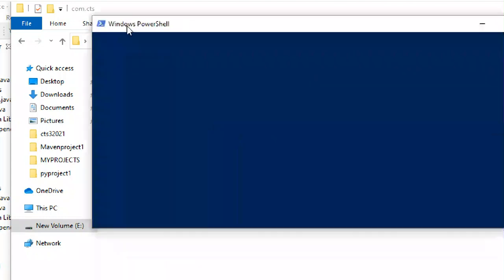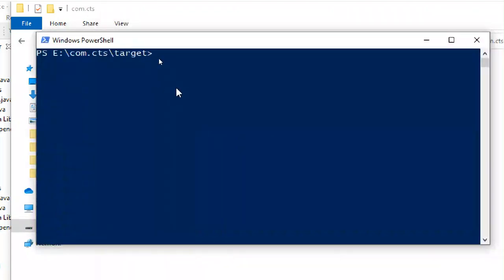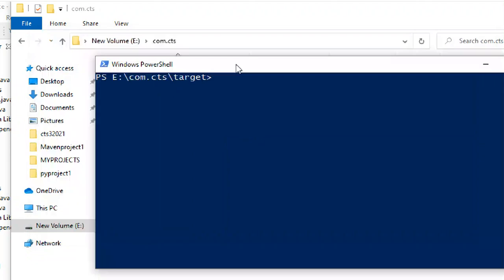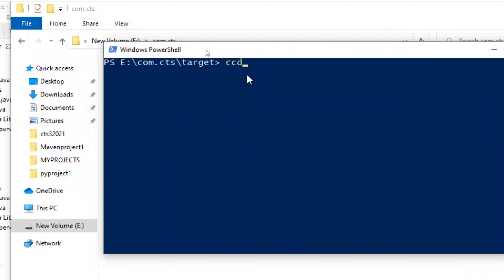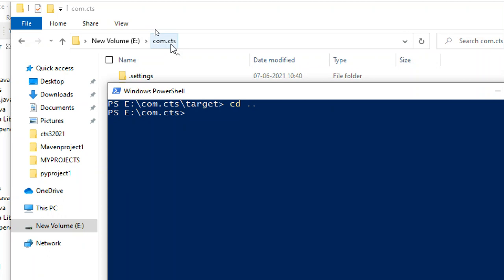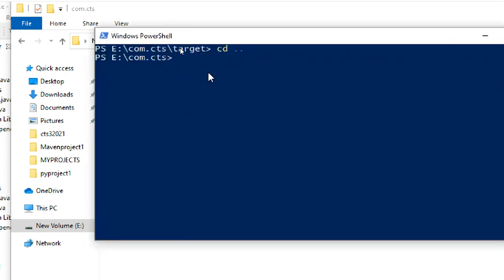Check that video on how to download Maven. Still, if you have a doubt, then no problem. Why is it going to target? Target is not my target. cd .. So one step back. So I'm in the project folder. I copied it here manually. I'm doing mvn.